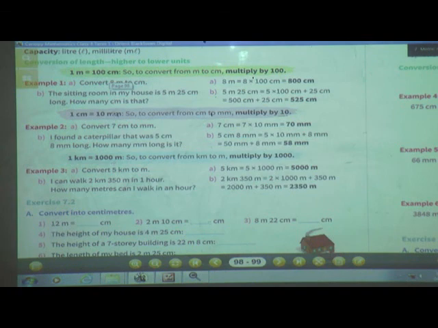So these three are very important. So you will understand what you have to multiply. Same number only we are multiplying. What are the important ones? 1 meter is equal to 100 centimeter. Don't be confused. If you say 1 meter is equal to 10 mm, you will do everything wrong. So keep in your mind properly. Already you have studied in grade 3 also. 1 meter is equal to 100 centimeter. 1 centimeter is equal to 10 mm. 1 kilometer is equal to 1000 meter.